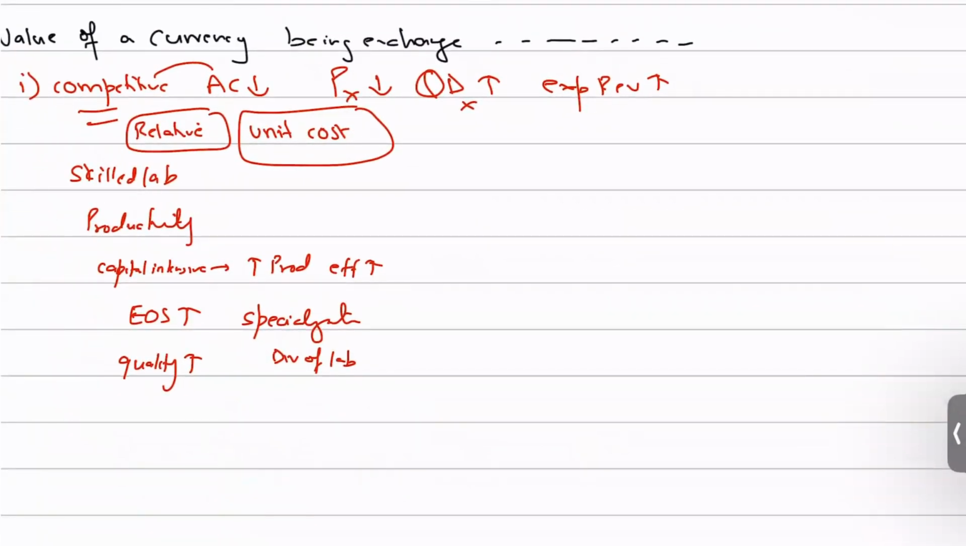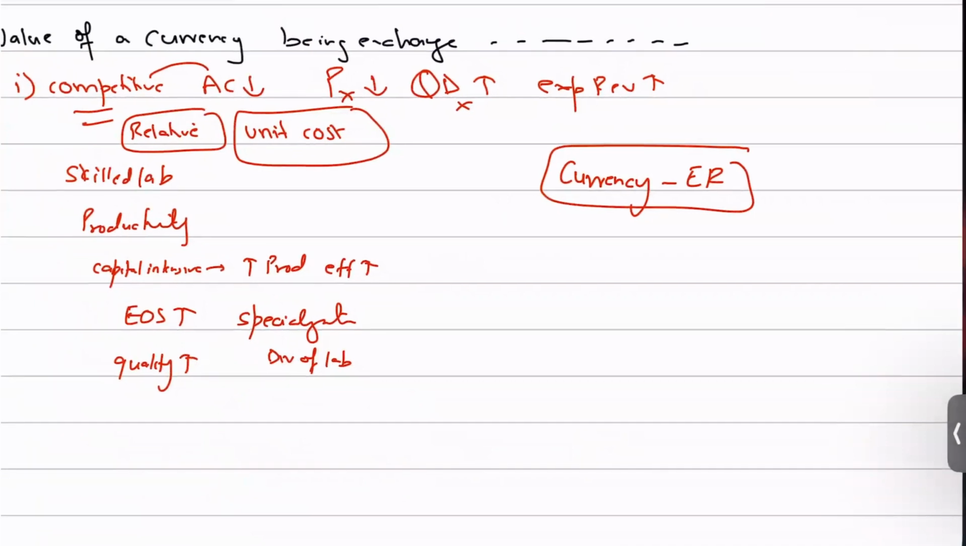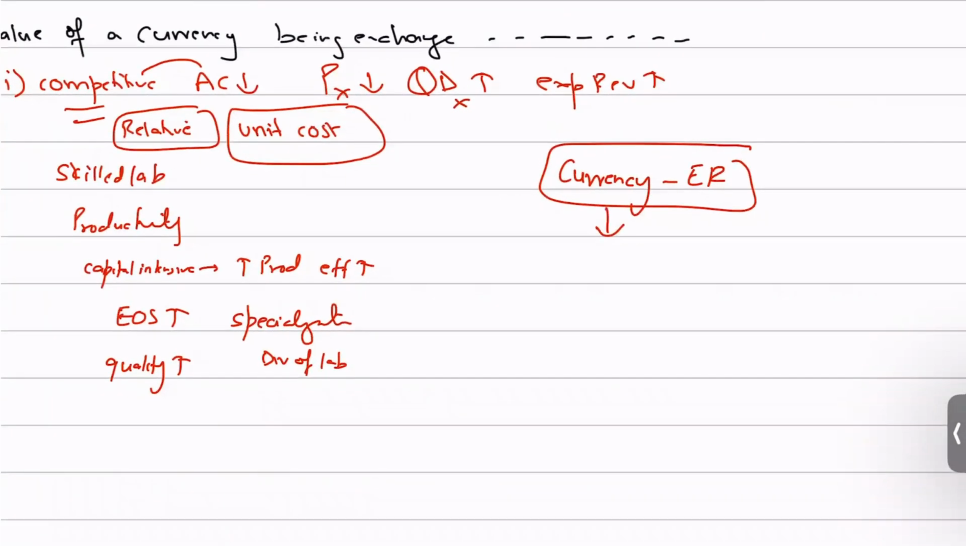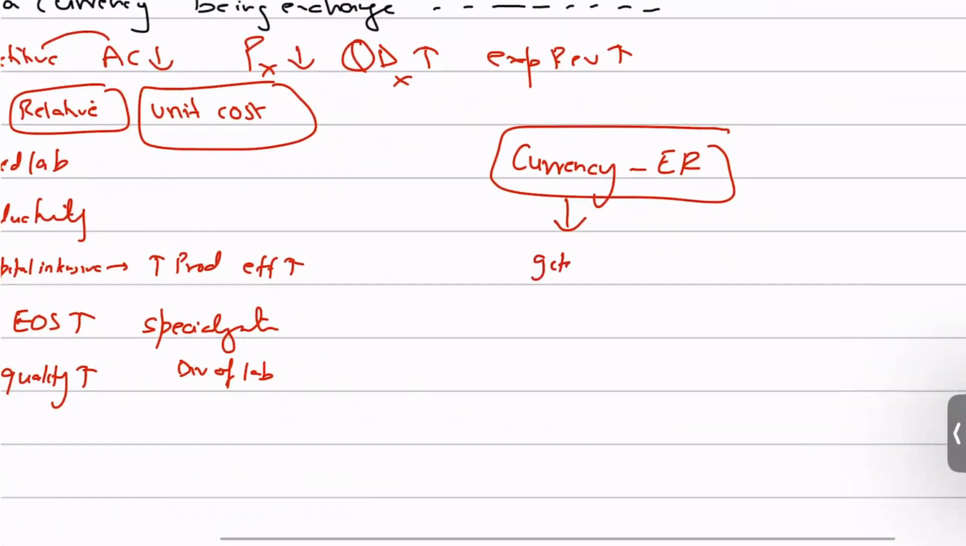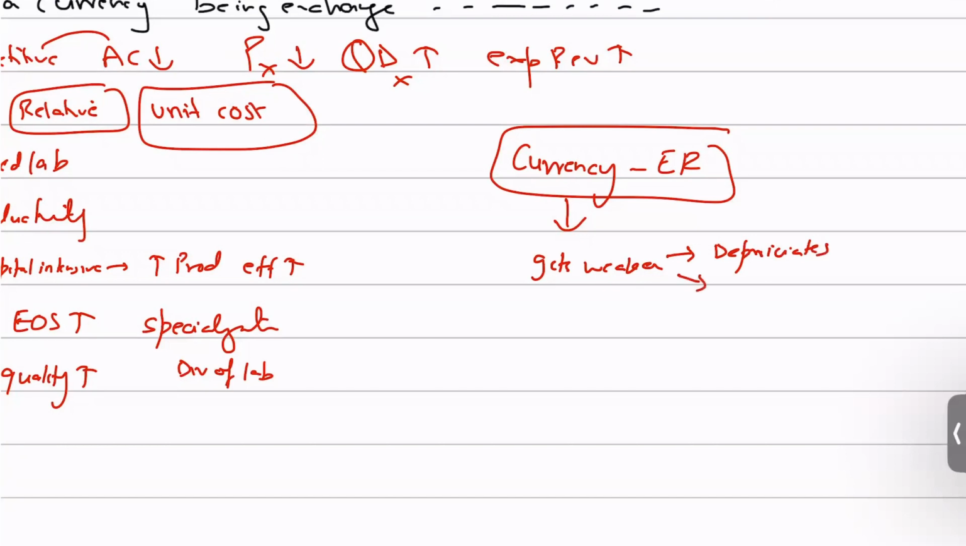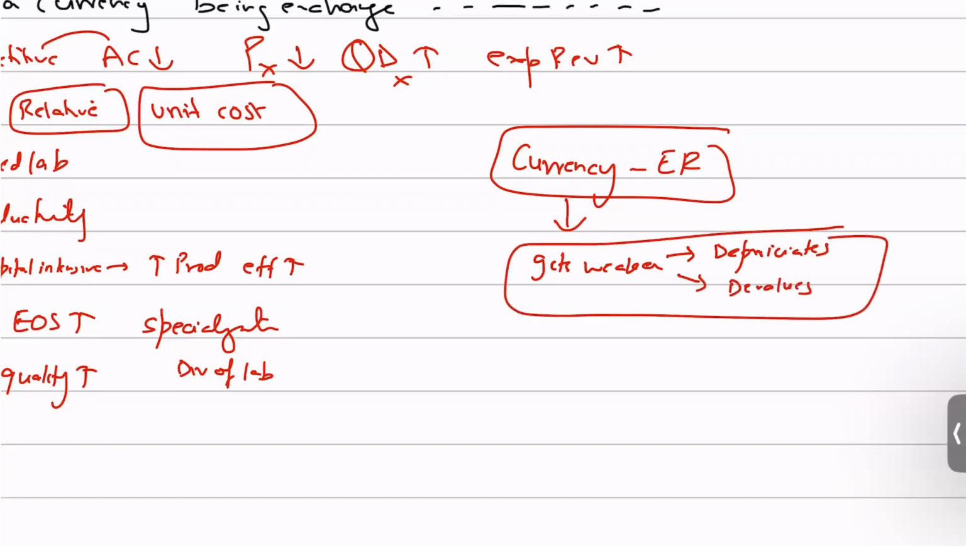However, there's another thing, that the currency or the exchange rate might have a role to play over here as well. Because what if the currency gets weaker? We know that if the currency gets weaker, maybe because it depreciates, or maybe the government intervenes and devalues the currency, in either case, whenever the currency gets weaker, the price of exports goes down while the price of imports goes up. And why is that? Because when the